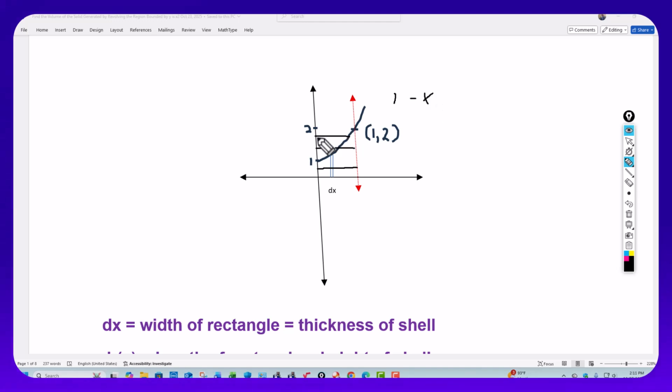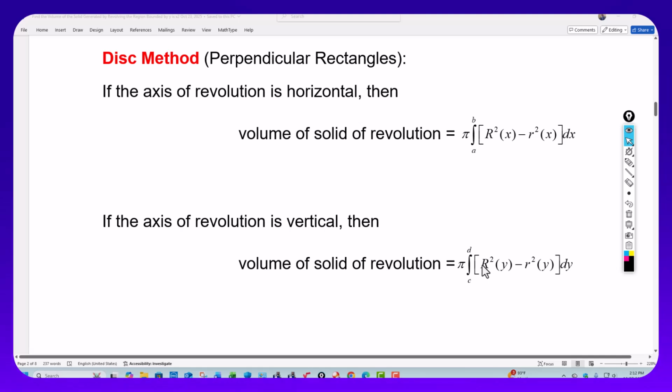So the outer radius would still be 1, but now the smaller radius would be 1 minus x. But in this case, see, the rectangle has width equal to dy because it's perpendicular. It's perpendicular to the y-axis. So when you set this one up, the formula you're using is this one right here, because we're integrating with respect to